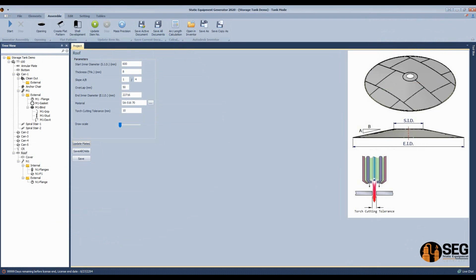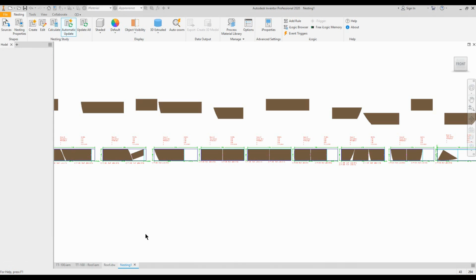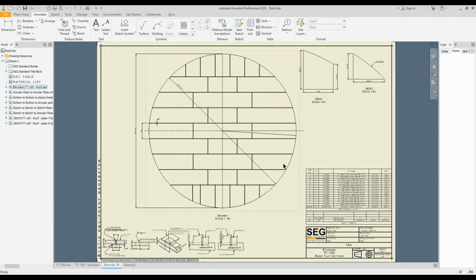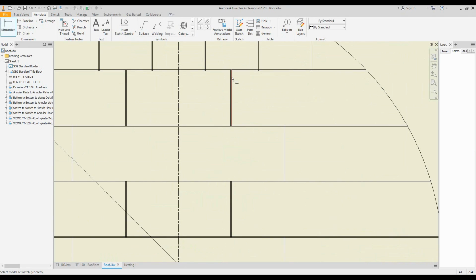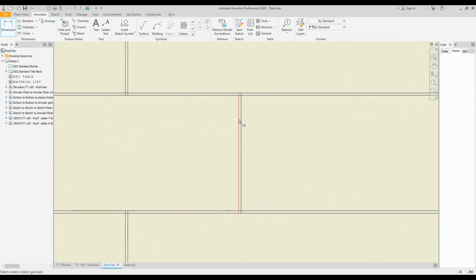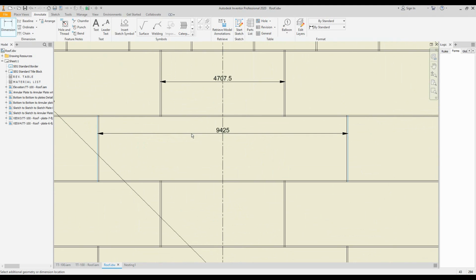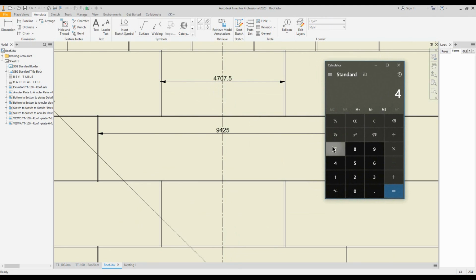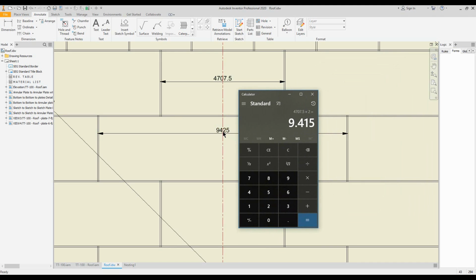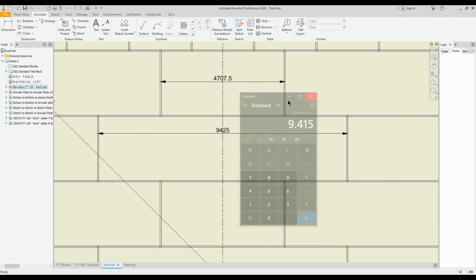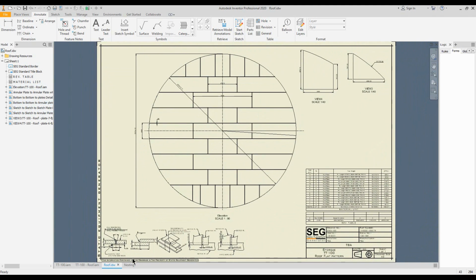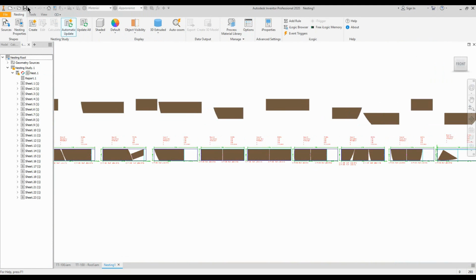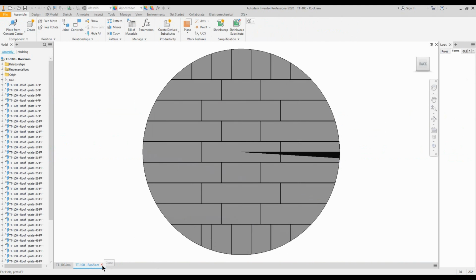Okay, so let's come back to the drawing here, and in this detailed drawing, if we measure the half plate, you can see the difference between those, if we divide by 2, the difference between them is 10 millimeters, which is the cut tolerance or the torch cut tolerance. Okay, now let's make another drawing